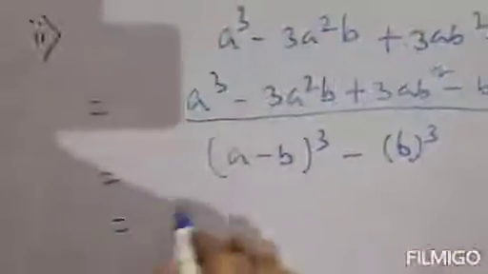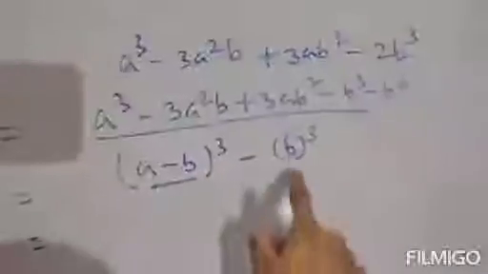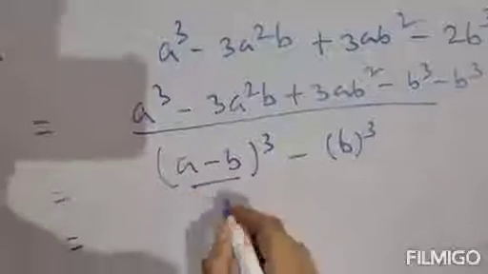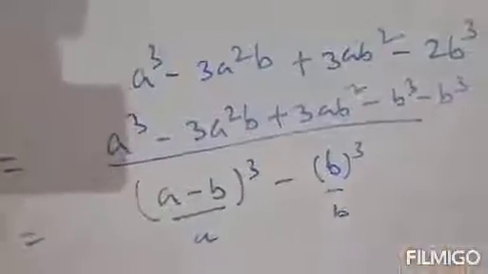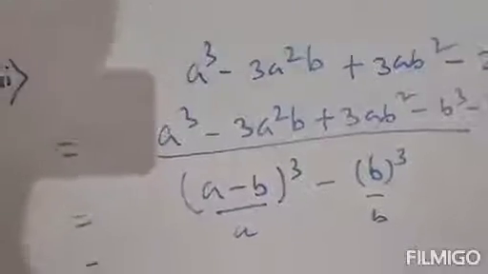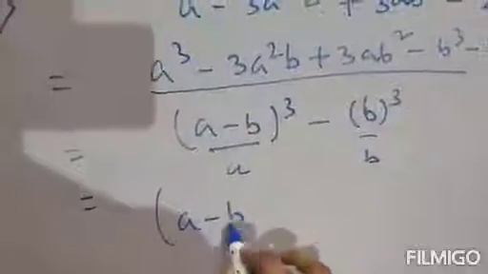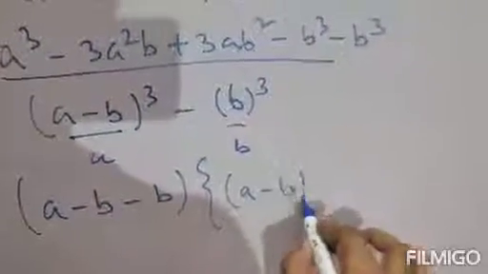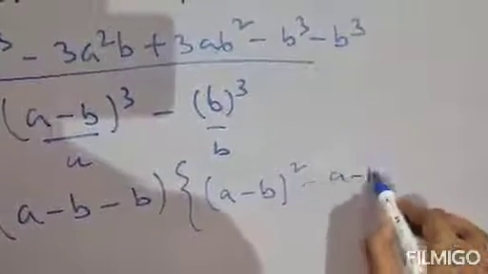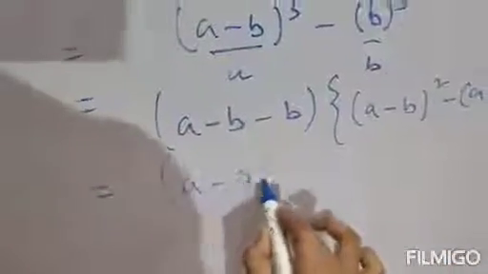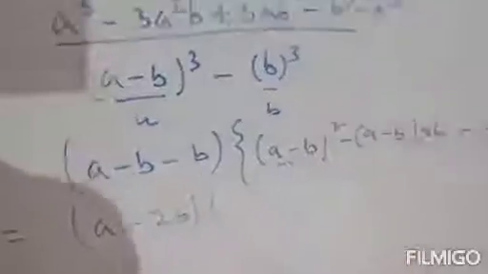So now this total portion is your a and this is your b. So a minus b whole to the power 3, this total portion will be considered as a, and this is b. So this is a to the power 3 minus b to the power 3. The formula is a minus b into a square plus ab plus b square. So a minus b means this is a, this is b. A minus b into a square plus ab plus b square. Clear? Now this is a minus 2b, and this is a minus b whole square formula.